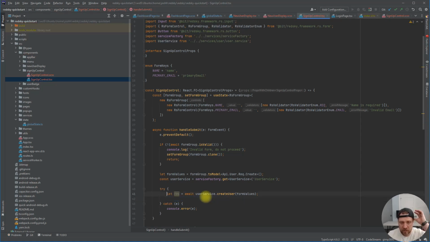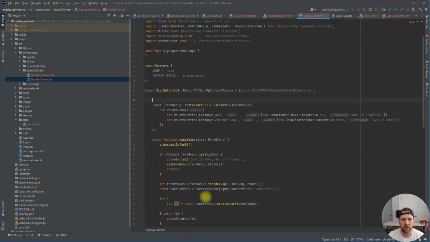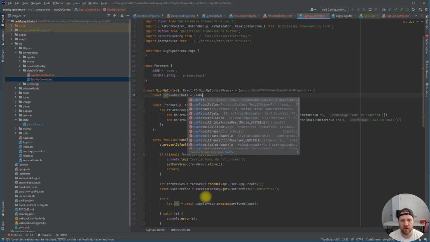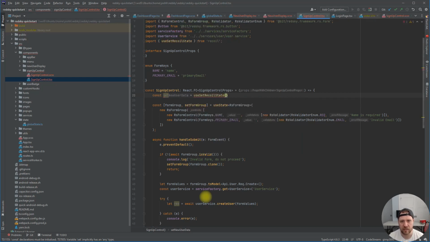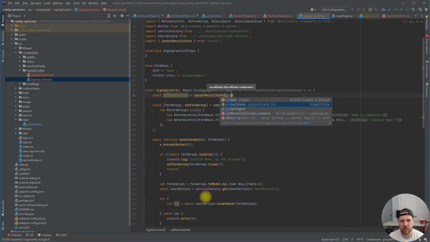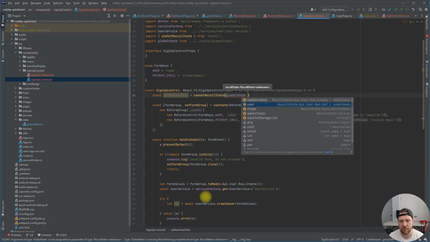And I'm going to import a custom hook, part of Recoil, and it's going to be a setter, because I don't need the value of it at all. This thing doesn't care what the value of it is. It only cares about being able to set it for somebody else to listen to. So I'm going to do const setNewUserData equals useSetRecoilState, and I'm just going to search for that global state,